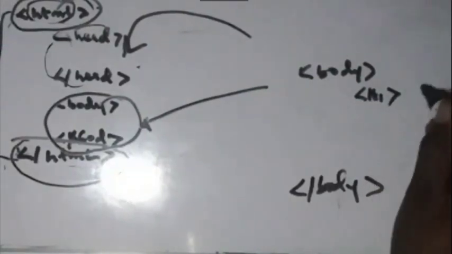The body can have the heading. You can put the heading here. Let me say H1. You can put the heading. Close it. You can put the paragraph, P. This is also a tag. We will discuss other tags, but we have only three basic: HTML, head, and what? The body. So you can put images,